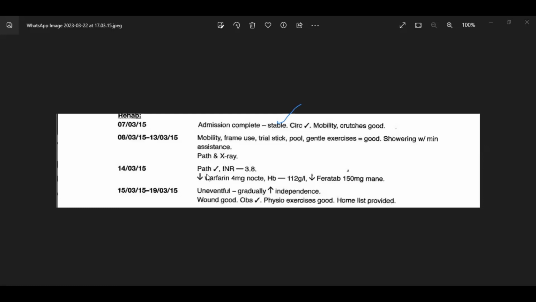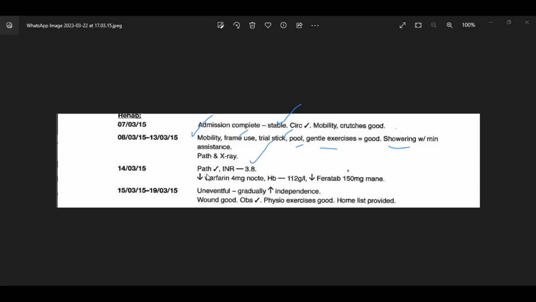This was the techniques that were used in the rehabilitation: the frame, stick, pool, gentle exercises, showering with minimum assistance, X-ray was ordered, let's say, and